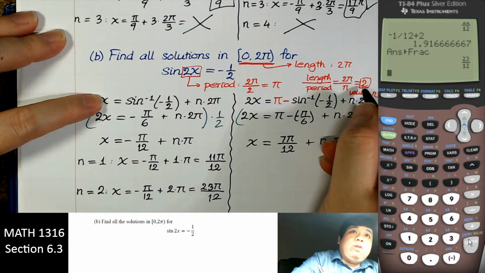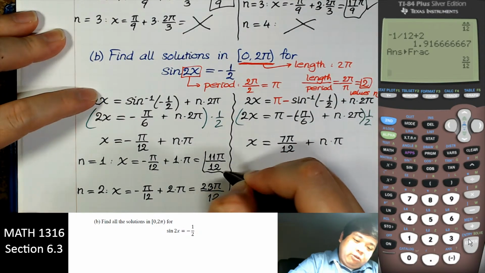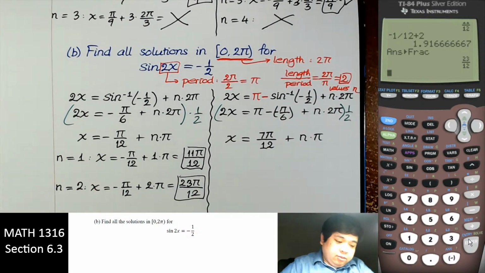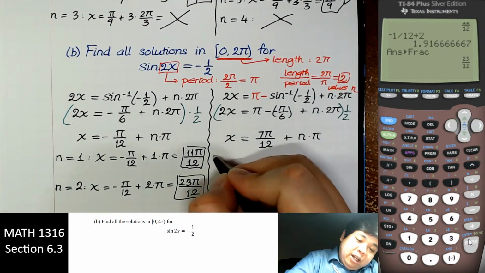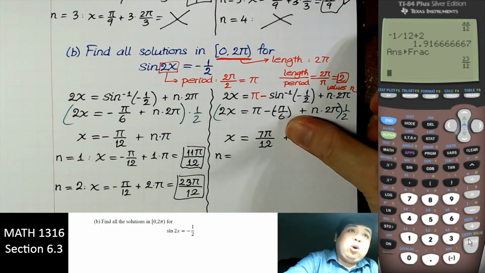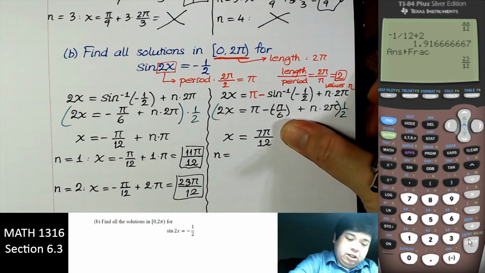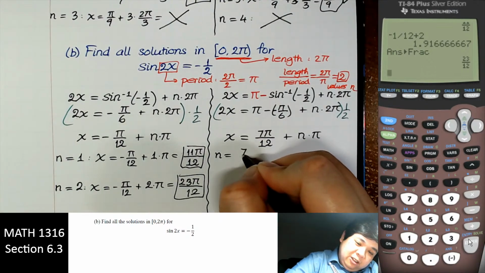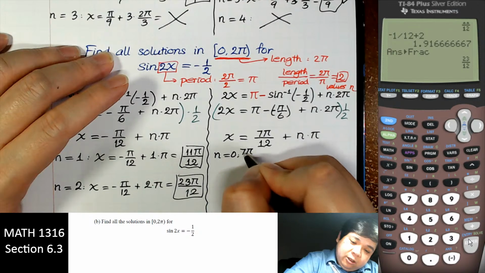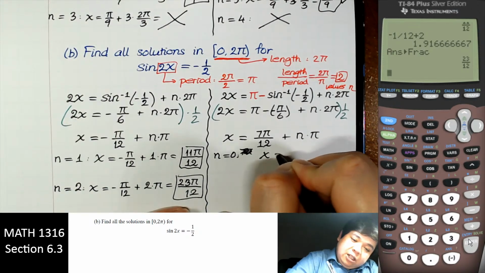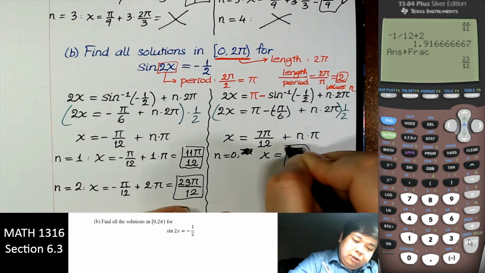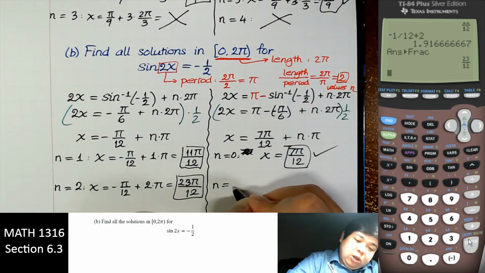Right, so there are two values for n. That works, those two. Same thing here, I would use two values for n. The first thing I say, when n equal to 0, that certainly works, right? N equal to 0, x equal to 7 pi over 12. That's good. When n equal to 1,